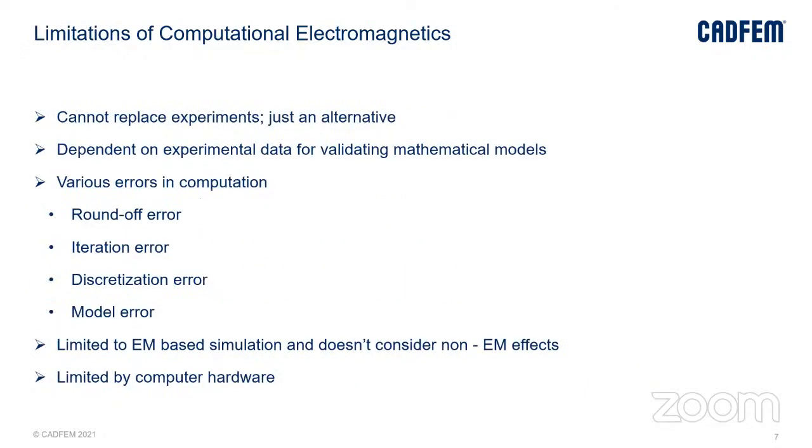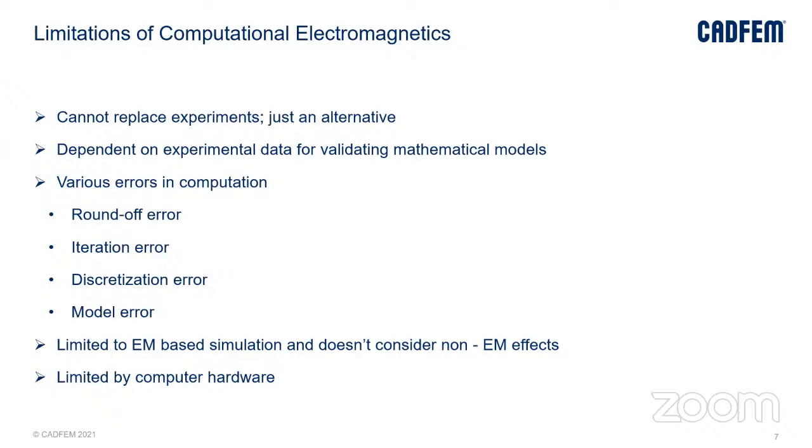Some of the limitations of computational electromagnetics can be, this is just an alternative, but it cannot actually replace the physical experiments, because physical data is necessary for any electronic component or any system to get into the market, and it is dependent on experimental data for validating. Sometimes the models need experimental data to perform certain simulations as well. So in that case,